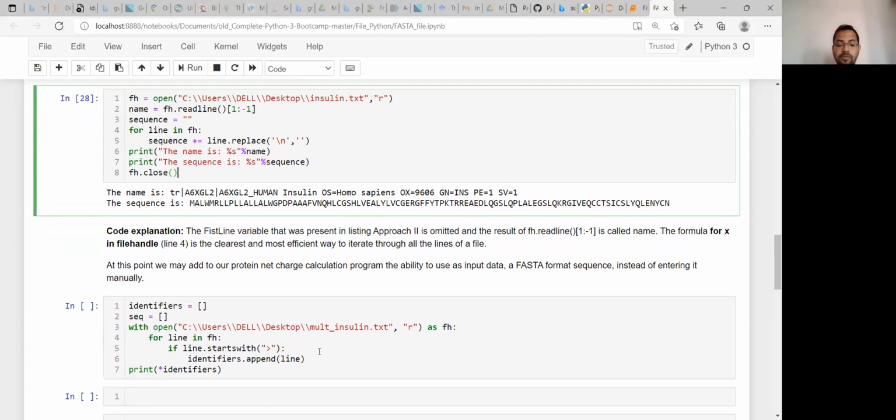So I have created one such file, multiple insulin. I have just copied and pasted the insulin sequences there, and I am opening that. So here it is, you can see that.